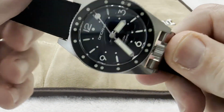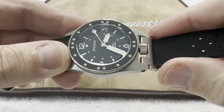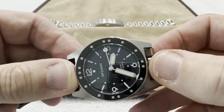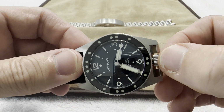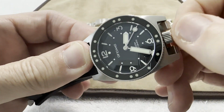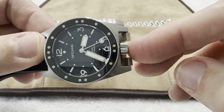It's a screw-in case back. The crown, you can't access this thing very easily. For one thing, this strap has to be folded out of your way. And then it's really kind of a pain to get to. I mean, right now it's unscrewed. Let me try to screw it in, which is not the easiest thing in the world. There we go. You can see it's pretty deep in there